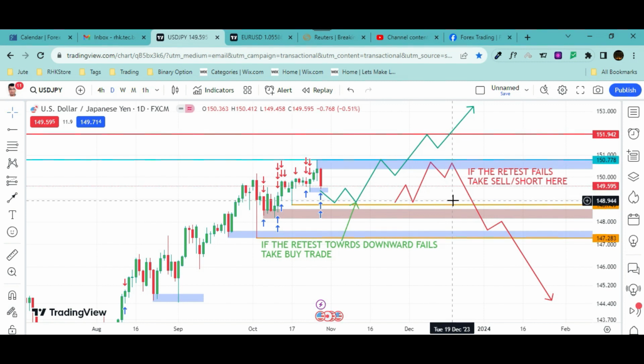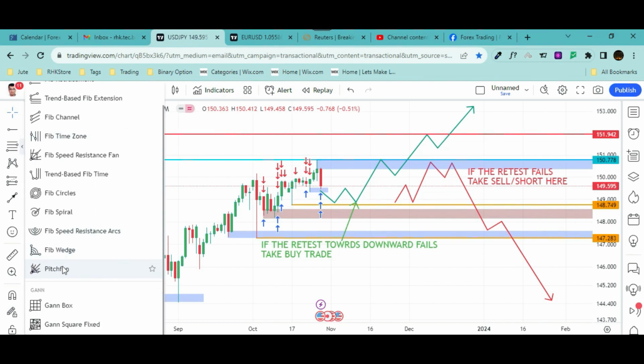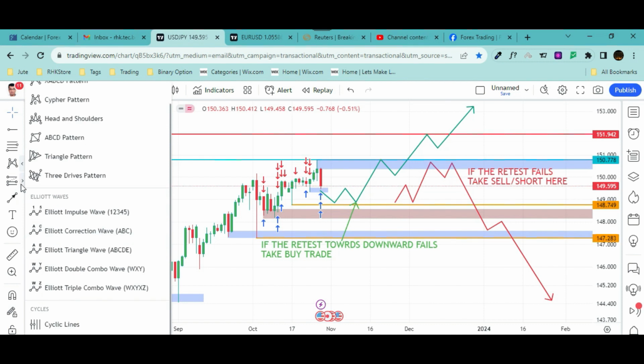So some people may ask me, if it fails here and it can go, yes, you can take trade, but my way of thinking, to the best of my experience, is that it will go to retest this level once again. It will. The buyer will not let it go so easily downward, because if we see the volume, let's visualize the volume. Where is it? If we see the volume,